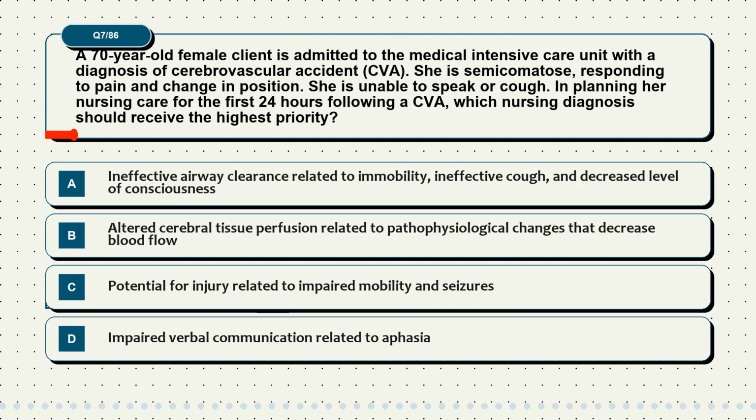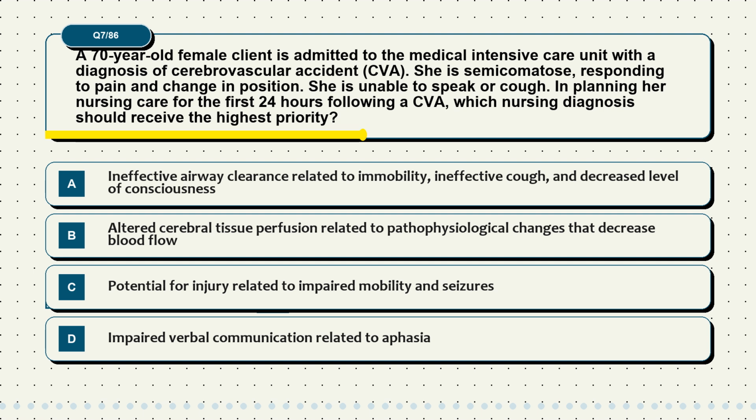A 70-year-old female client is admitted to the medical intensive care unit with a diagnosis of cerebrovascular accident (CVA). She is semi-comatose, responding to pain and change in position. She is unable to speak or cough. In planning her nursing care for the first 24 hours following a CVA, which nursing diagnosis should receive the highest